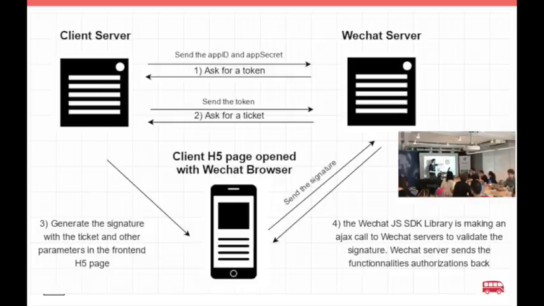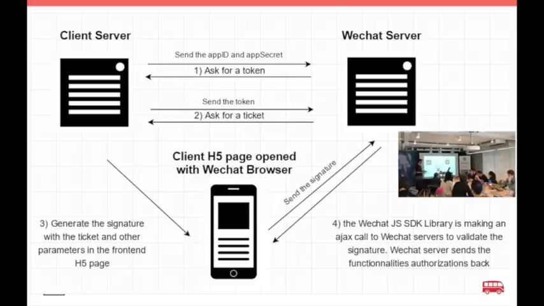We have the WeChat server that's actually giving you access to all those functionalities. We have our own server where we're gonna store our code. I say server, but we can use our computer, for instance. It's just somewhere we put our code, we serve our code. And then finally we have the web page where the client is browsing your content. So that's the three parts that are gonna interact together